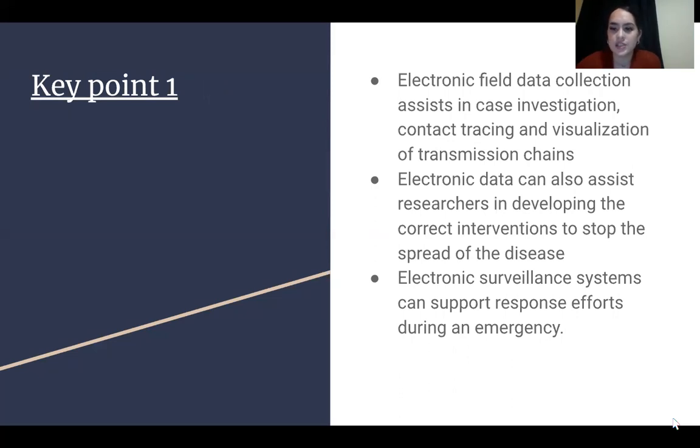In addition, this electronic data can help in developing the correct interventions in order to stop the rapid spread of the disease, and electronic surveillance systems can also support response efforts during a public health emergency.